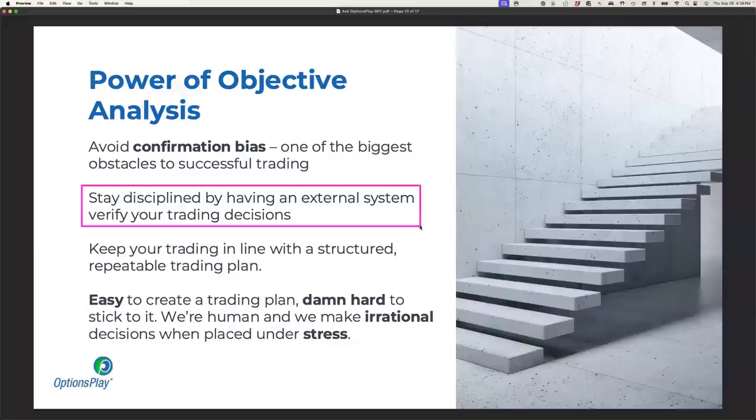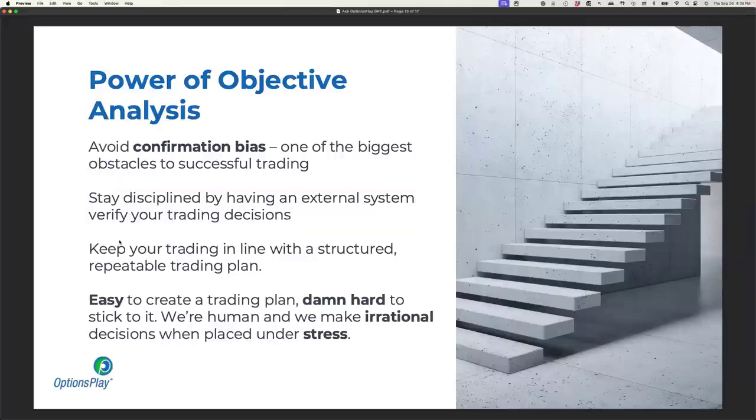That's one of the things that AI won't do. The rules, AI will tell you what is, based on those rules, and won't bend because you're being nice to it. So staying disciplined by having that external system that's objective is really the goal here, to help you keep to your trading plan in line with a structured, repeatable trading plan. Because if you look at profitable traders, successful traders, what